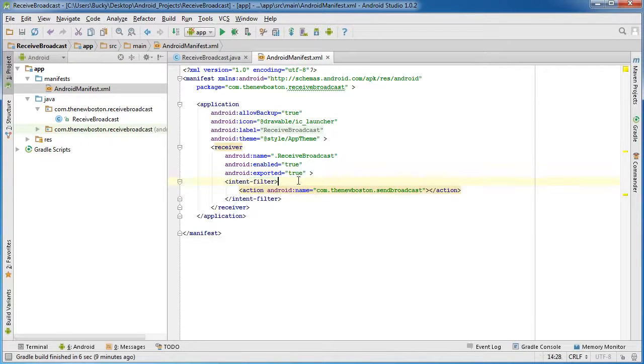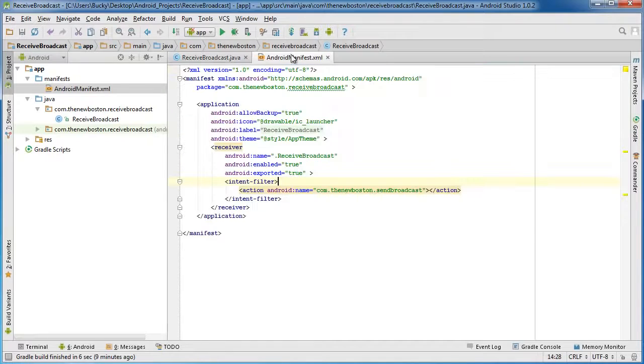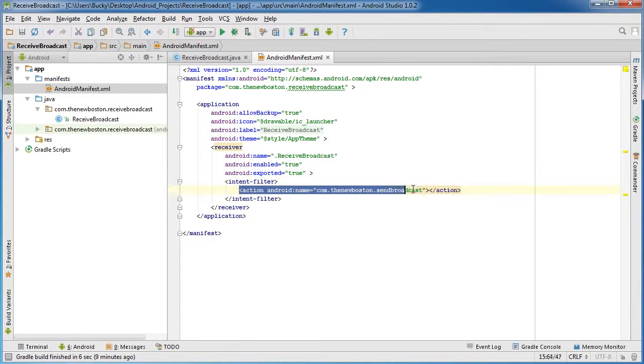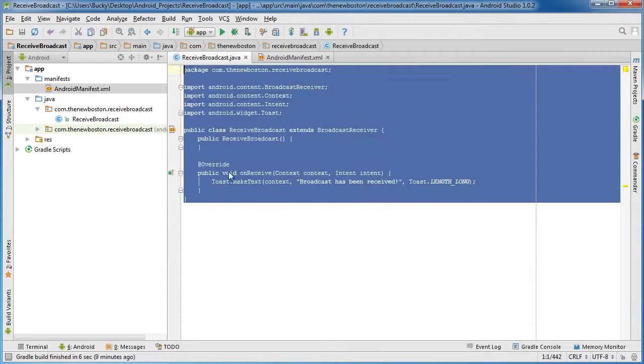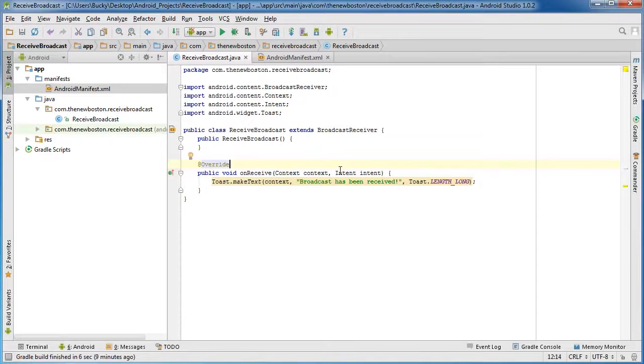And that, ladies and gentlemen, is it. We set up our broadcast receiver, and whenever it receives a broadcast with this keyword, it's going to call onReceive, aka make something pop up on the screen. So the first thing we have to do is we need to run this,